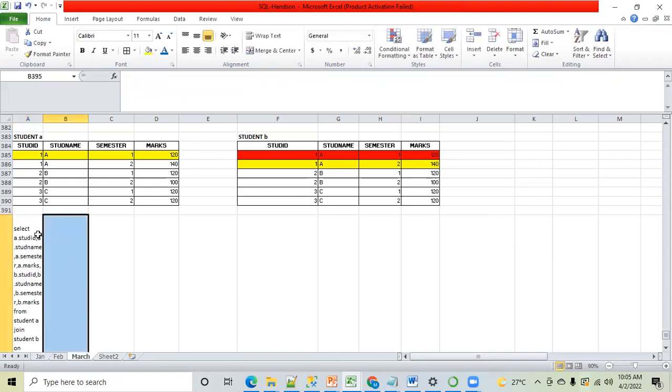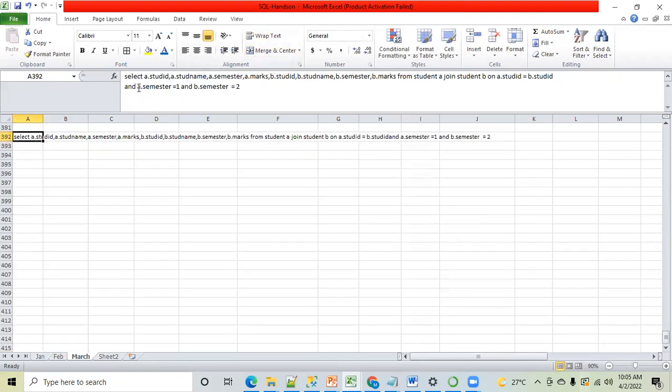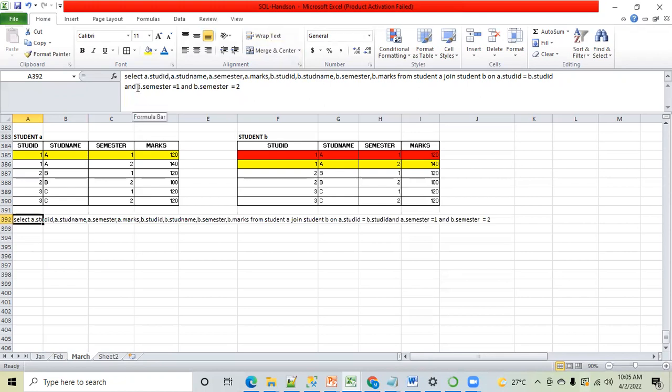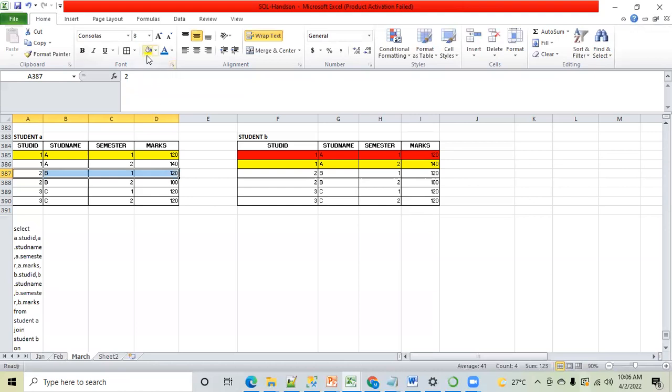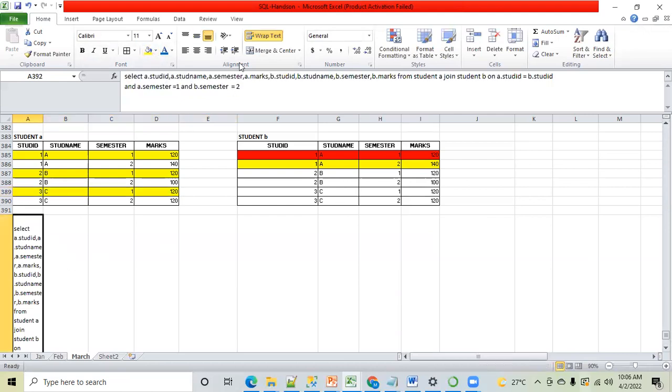So my question is that here I'm filtering it, right? So why am I telling that I want semester 1 only from table A? Table A is your student A, the first table. Why am I telling I want only first semester records from the first table? So it will give only the one record of one person, only first semester. I'm telling the SQL engine that I want only first semester records from the first table, correct?